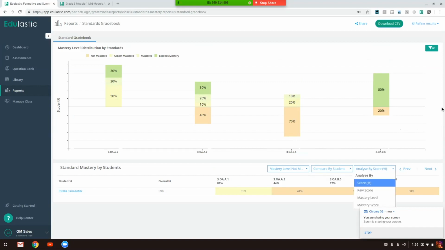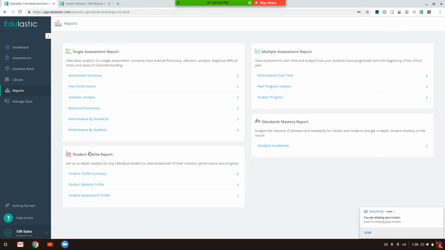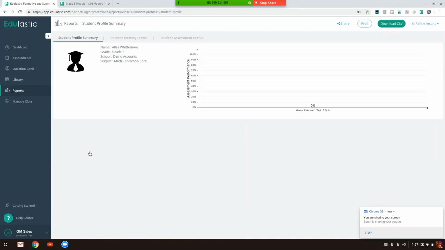All of these reports that I'm showing you today can be downloaded and added to any gradebook that takes CSV files, or can be printed as well, just to store. And let's go back to the last one, the student profile report. Very useful tool for